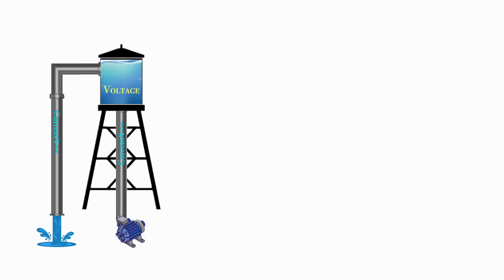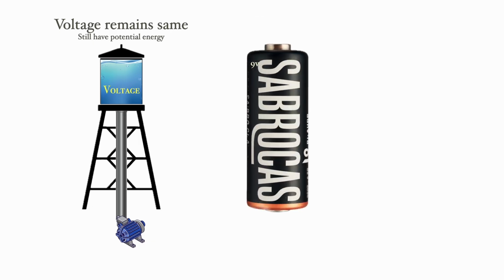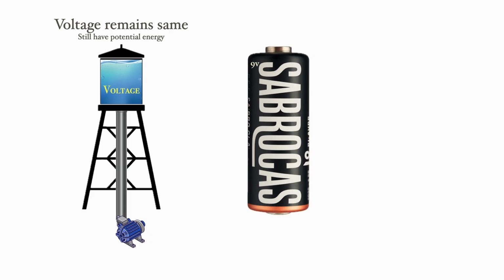When you remove the flow pipe, we no longer have current, but the voltage in the tower remains the same. Still we have the potential energy. Still the tower has the potential to do work. In the same way, batteries have voltage associated with them. Even if it is not connected to a circuit now, it still has the potential energy, so the voltage remains the same